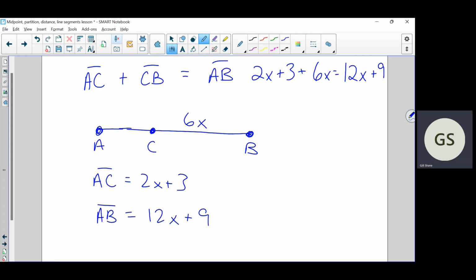So if you just did that, if you got the 2x plus 3 plus 6x equals 12x plus 9,